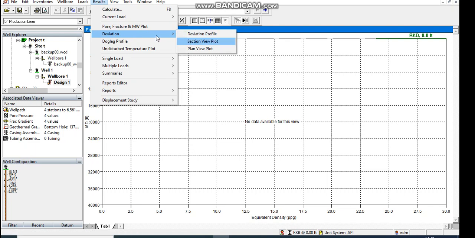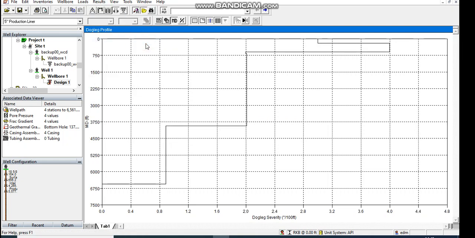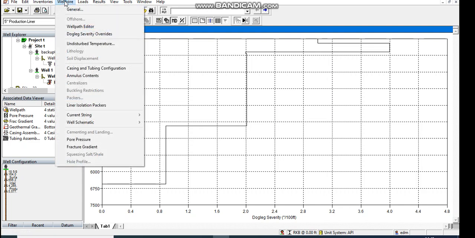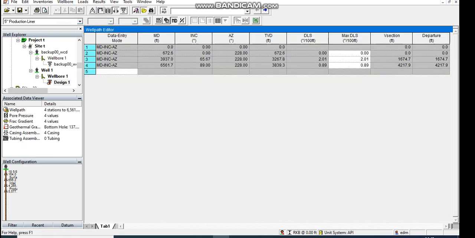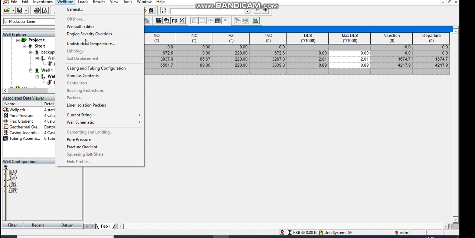so we've seen how our results have come through. This is our dog leg profile. So I hope we've understood. The other results that you may want to see is path editor, and then